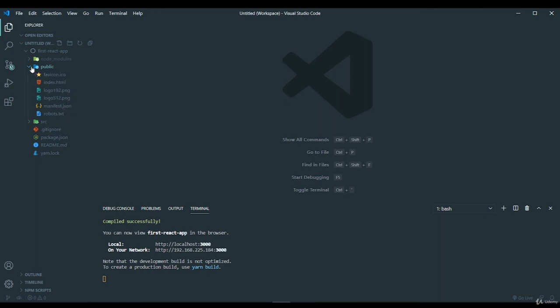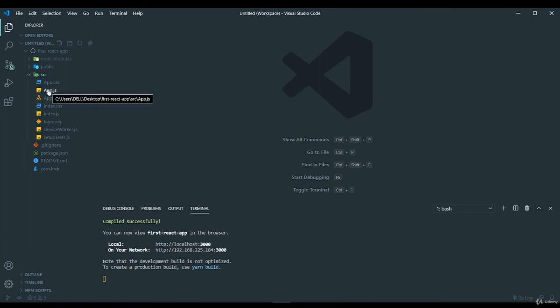Generally, whatever we do regarding React, we will be doing in the src folder. Inside that you can see an App.js file, an App.css file, an index.js file and different other files, but we are not going to use all of these because we don't need them for working with the React app. This is the general structure of our React app. We can delete the things we don't need now.